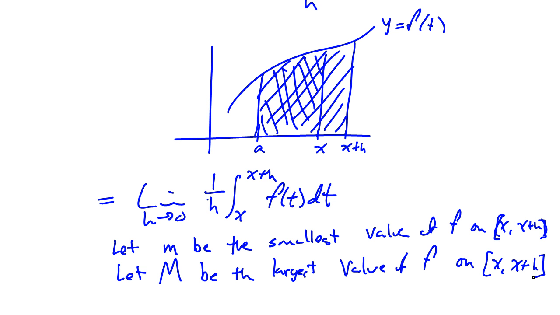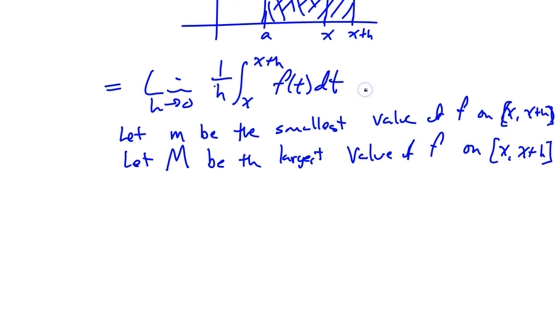Okay. If I didn't know that the function was continuous, this wouldn't necessarily be a valid argument. But I do know it's continuous, and I do know that that interval is finite length, and so it's got to be a maximum, it's got to be a minimum. Okay. So what I have is that m is less than or equal to f of t is less than or equal to capital M